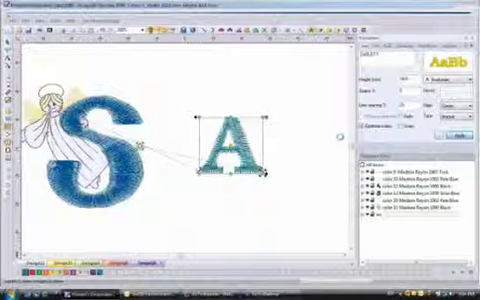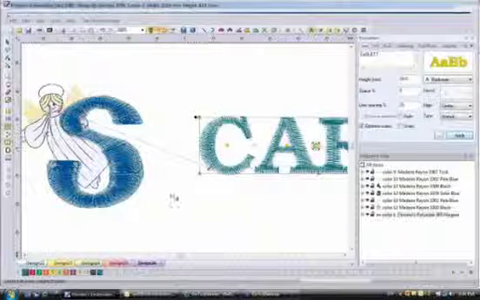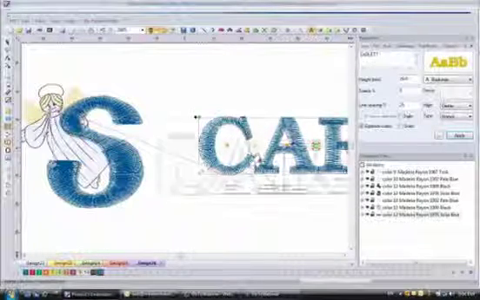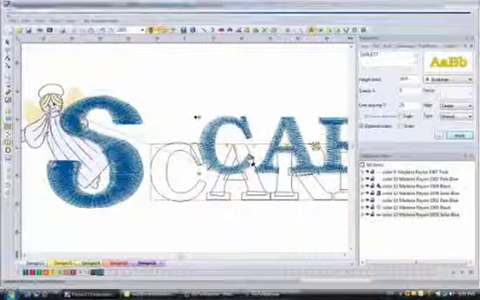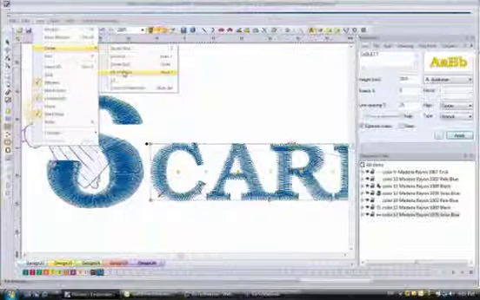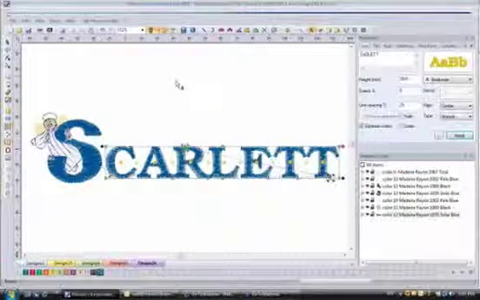Click OK and apply it. Now, once I apply it, I always bring it into the color of the first letter. Whenever you bring up a text design, that sequencing is always going to end up at the end. So I'll right-click and change it over to the same color, and now I'm going to put it into position. Let's go ahead and view the entire design, and you can create some really, really neat designs